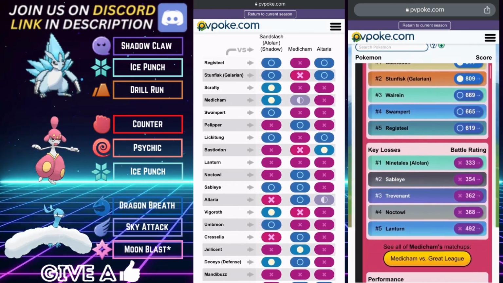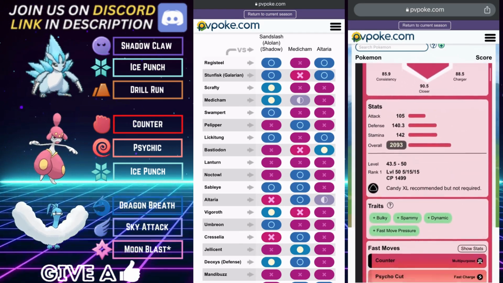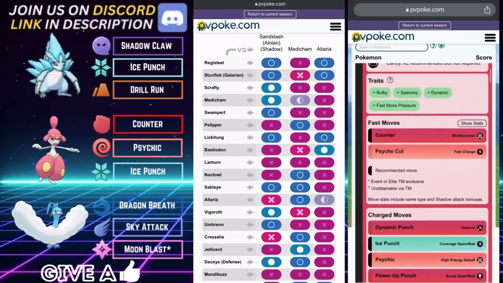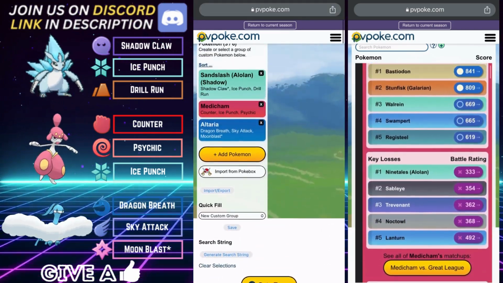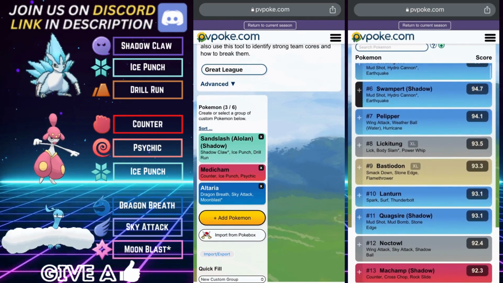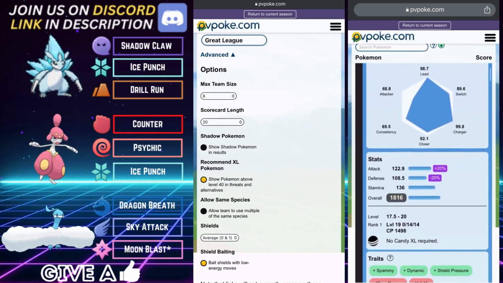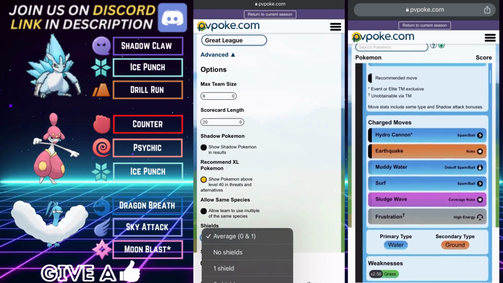Actually, before we dive too deeply into these matchups, seeing the narrow losses to the 2 most prominent steel types being Registeel and G-Fisk, don't be alarmed by that. So I'm going to show you guys something just in case you are unaware of this aspect of PvPoke. If we hit that Advanced tab and we see here in the shields, by default, it's an average of the 0s and the 1s. So they take the simulations from both the 0s and the 1s and they combine them,